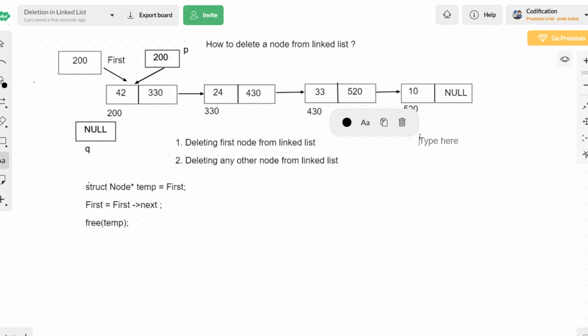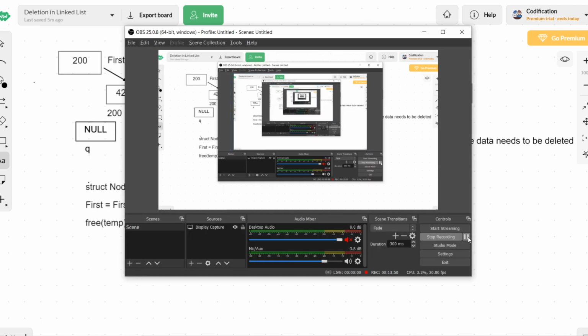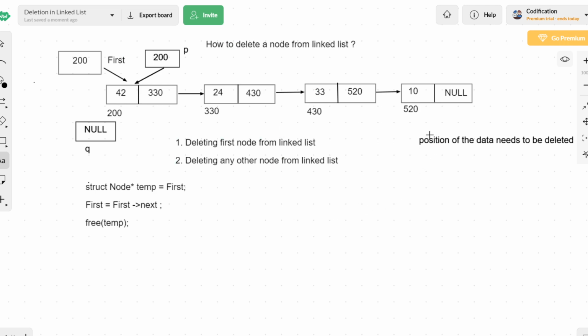There are two data that we want. One is the position of the data that needs to be deleted.